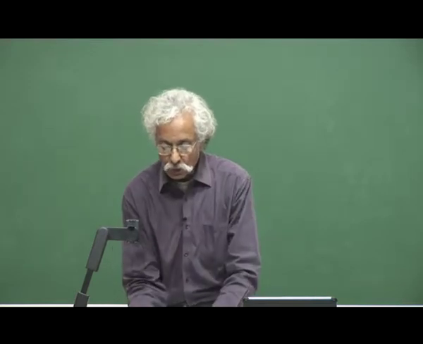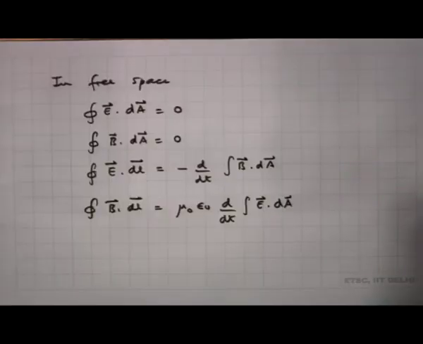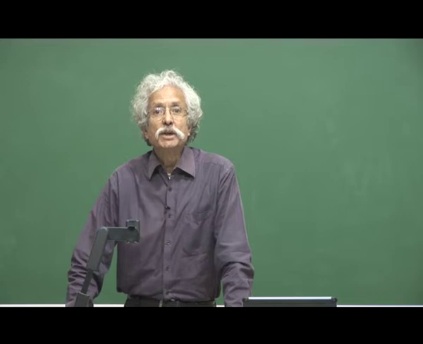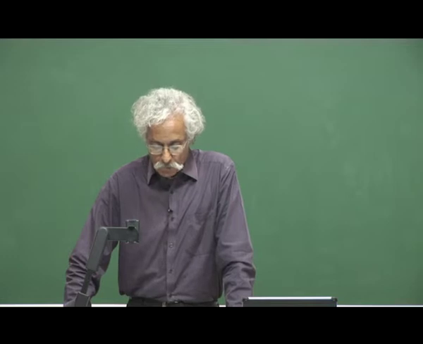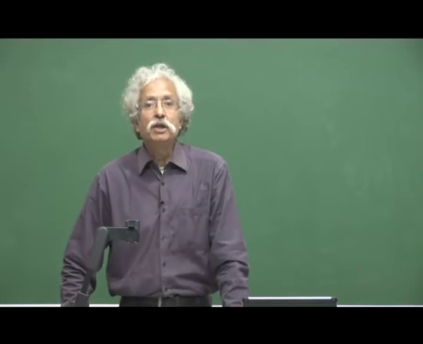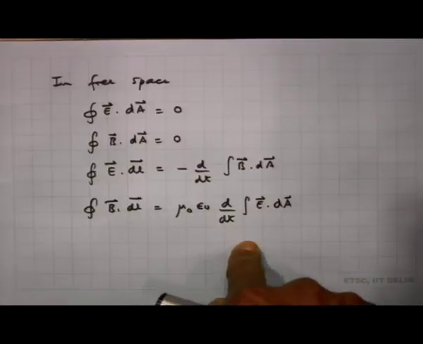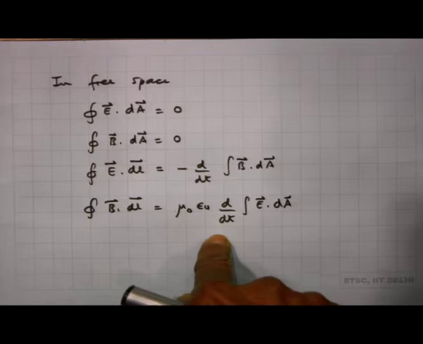So, these are the four Maxwell's equations in what is called integral form. In an advanced course in your career, you will see that these equations can be converted into differential equations, and they form the four fundamental equations of electromagnetism. So, what Maxwell did was to generalize Ampere's law and introduce the displacement current to be consistent, and from here he derived a wave equation, an equation which describes the existence of waves,